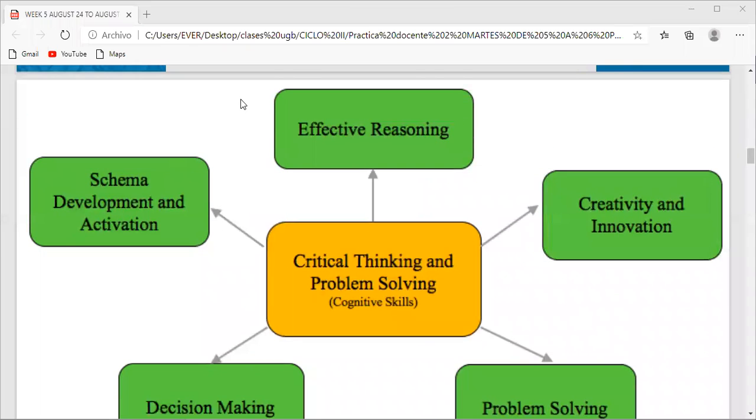In education, most of the time it's important to implement activities for students to develop these skills. And this topic should be taught